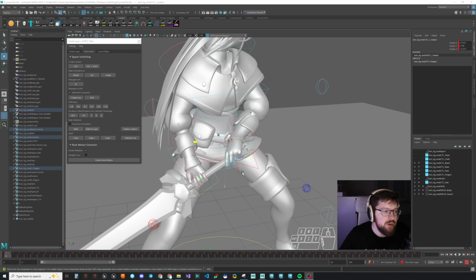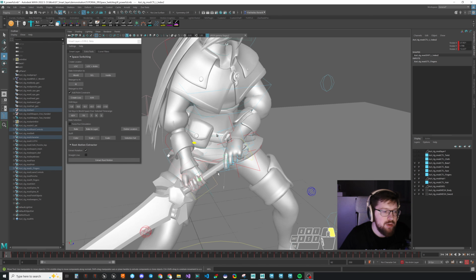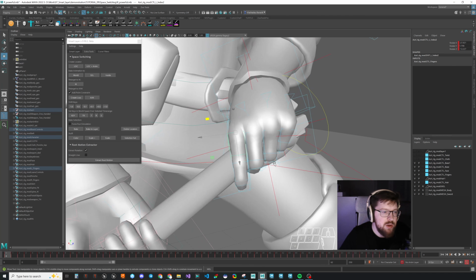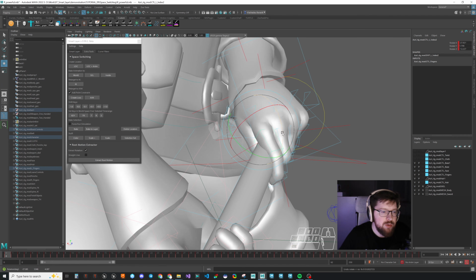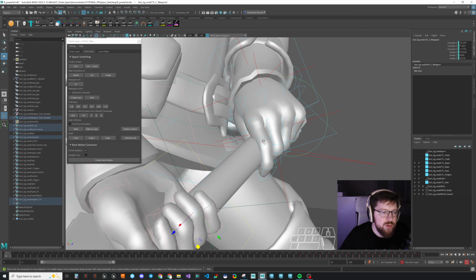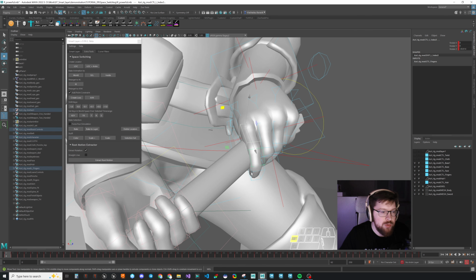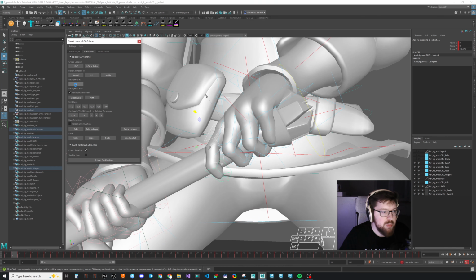Also you can use bake to IK to manipulate the fingers, because the fingers very often don't have any IK controls. So for example here we have some fingers on FK, and if you want to manipulate these fingers, you would have to do it through simple FK, which can be a little bit hard if fingers are interacting with some surface or with some objects, right? If fingers are interacting with some surface, for example with a table, you would like to have an IK to not animate all three segments of the finger all the time manually. So you can simply select the finger controls, press bake to IK,